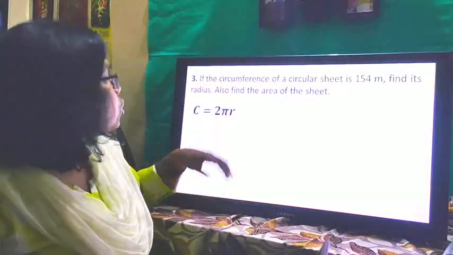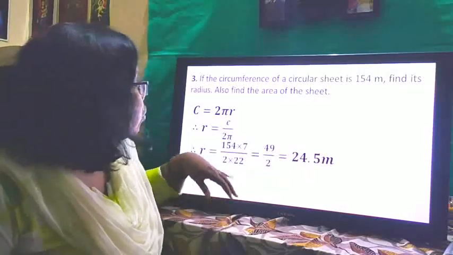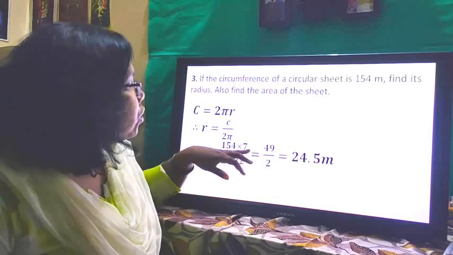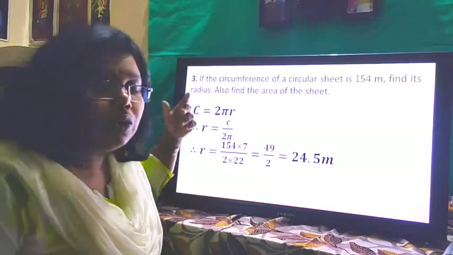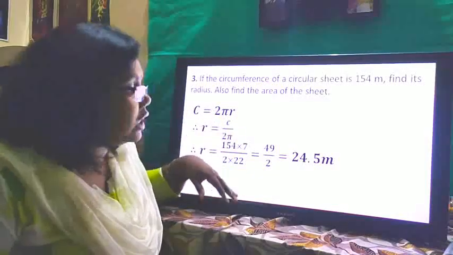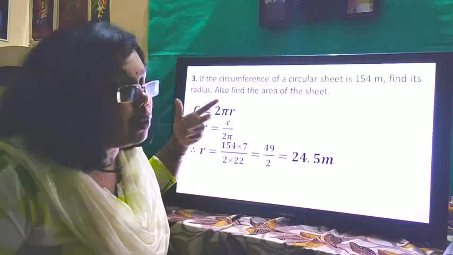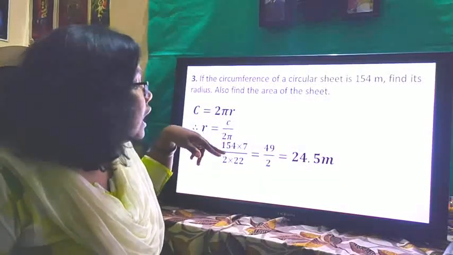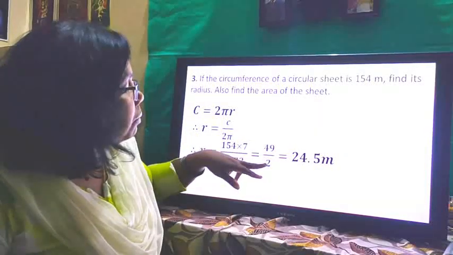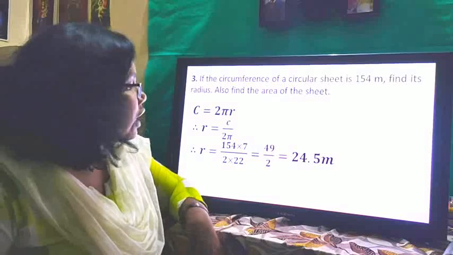So circumference is 2 pi r. So radius is circumference upon 2 pi. So what we get is 154, and then since we have pi in the denominator place, what we do is get the reciprocal of it and multiply. So 7 upon 22 is the reciprocal of 22 upon 7. So 154 into 7 upon 2 into 22. Now cancelling that, we get 49 by 2, and then when we divide 49 by 2, we get 24.5 meter